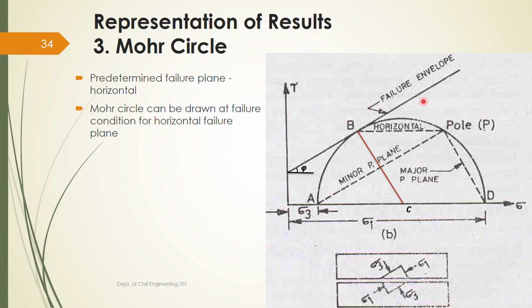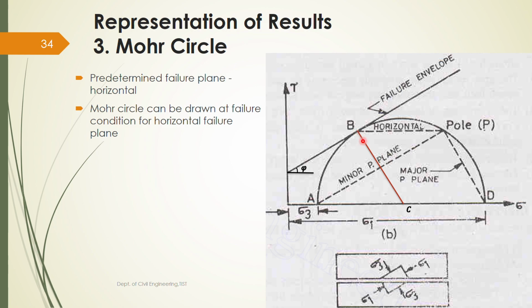After getting the Mohr circle, you can find the value of principal stresses also. These types of problems are asked in university exams. In those questions, you need to first draw the failure envelope. You'll be getting a point P. So from point B, you can draw the failure envelope, and then once you get the failure envelope, you can